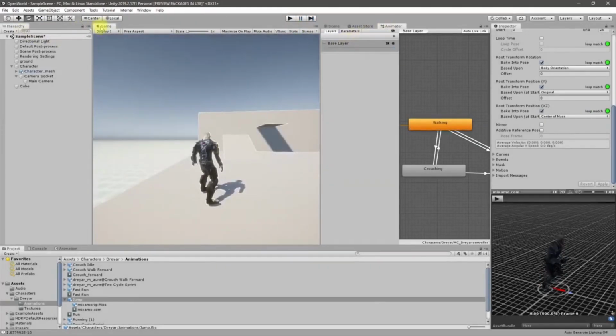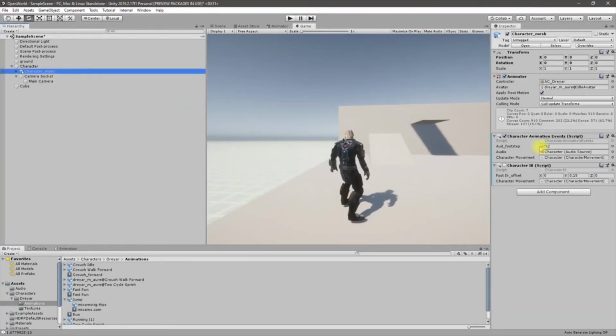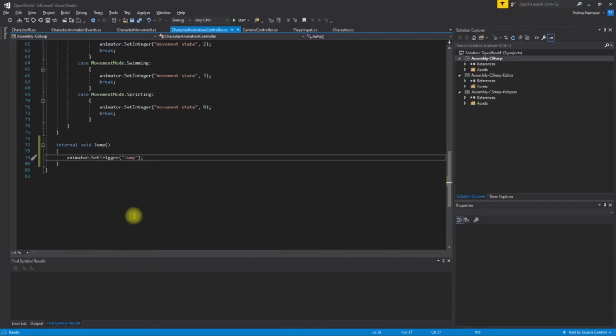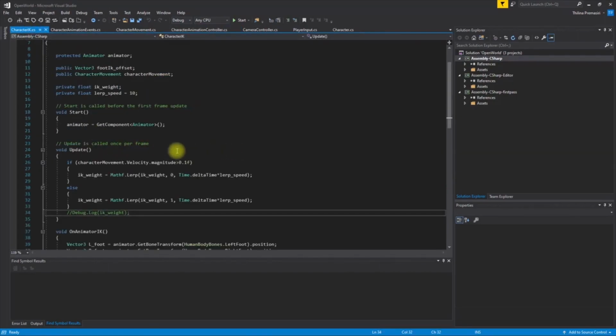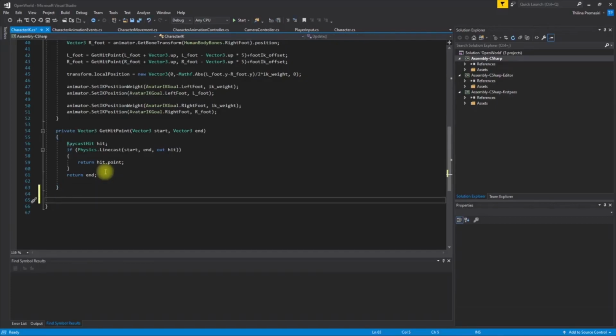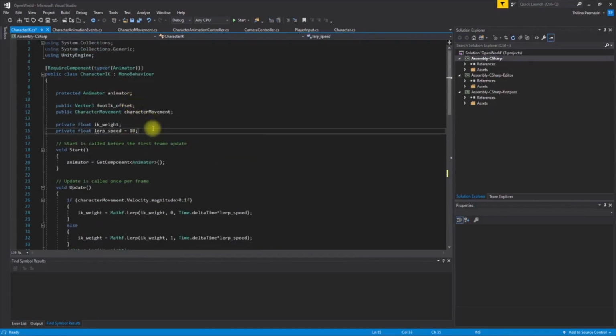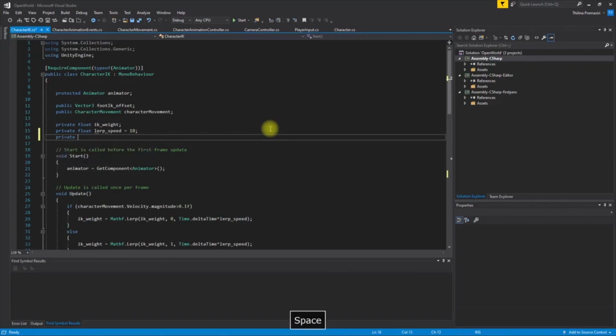But the next thing we should fix is I have temporarily disabled IKs now. So yeah, I should keep this enabled, and when I start jumping I should disable IKs and then enable it. So how to disable IK? Okay, so in the character IK I'll create a new function, new coroutine to temporarily disable IKs. So first I'll define private bool IK